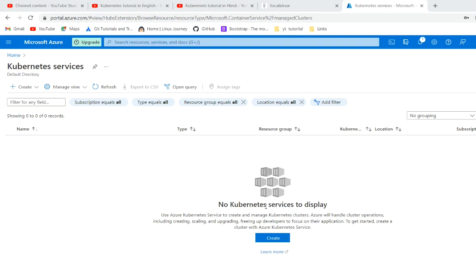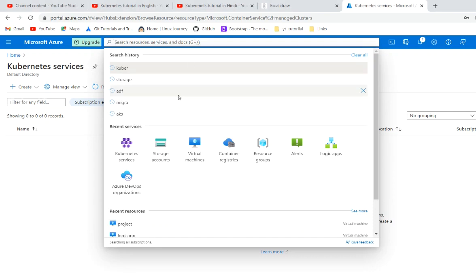In today's video, we will see how we can create the AKS cluster. AKS is the Azure hosted Kubernetes service. In this service, the control plane configuration is managed by Azure, and you can see on the Azure portal